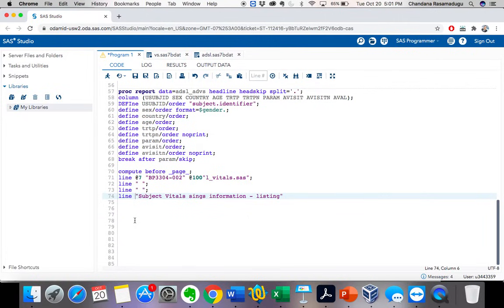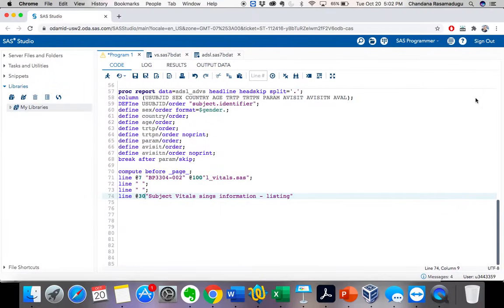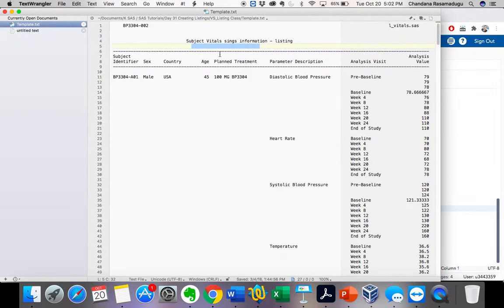So here let's take, I want them to print at 30th position. Okay, so now it will print at the 30th position, and after printing that, I need to leave again a blank line space. So let's give that here, again a blank line after this. Okay, so we are done with the header part by here. See, header part is done.